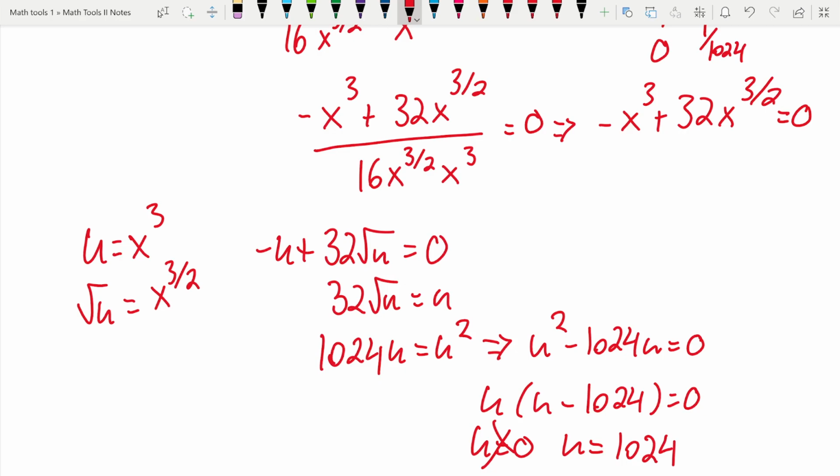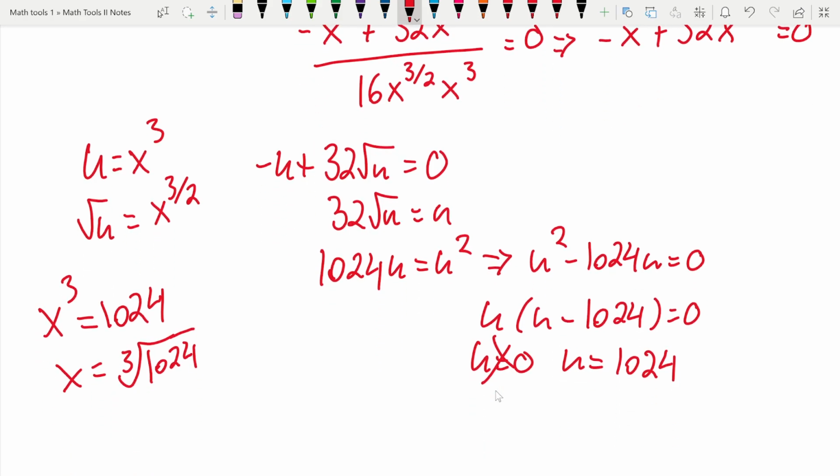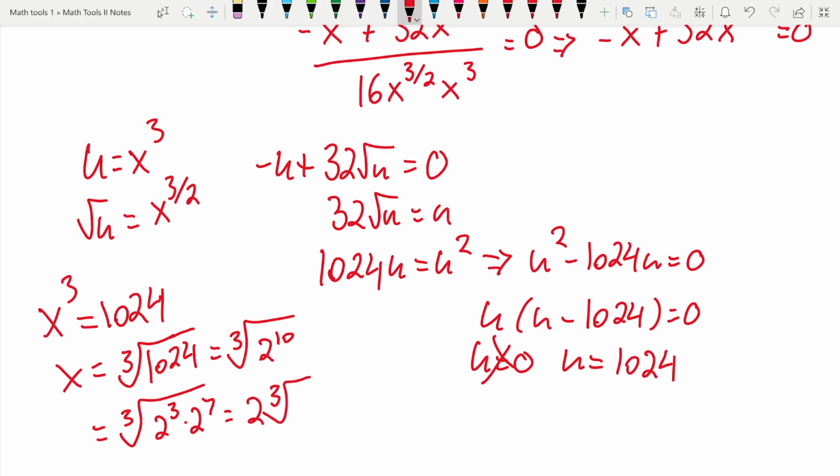And then going back and subbing that in, that means that x cubed equals 1024, which means that x equals the cube root of 1024. 1024 is 2 to the 10th. So I'm just thinking if you want to make this any simpler, you could write this as cube root of 2 cubed times 2 to the 7th. So that's going to be 2 cube root of 2 to the 7th, which is, well,